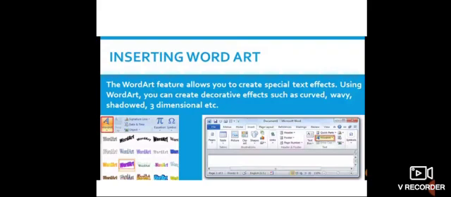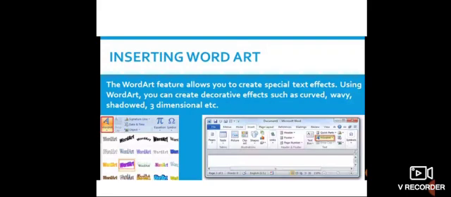Inserting word art. The word art feature allows you to create special text effects. Using word art, you can create decorative effects such as curved, wavy, shadowed, three-dimensional, etc. To insert the word art, what you have to do?